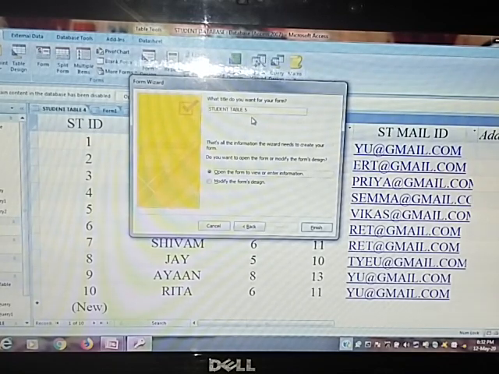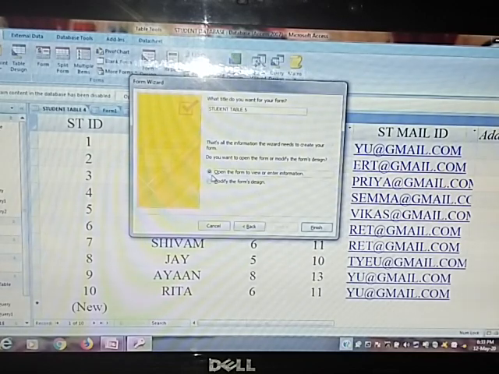Now, what title do you want for your form? First you have to write the form name. Choose whether you want to open the form to view it or modify the form design. If you want to modify your form design, then click on Modify the form's design, or open the form to view or enter information.